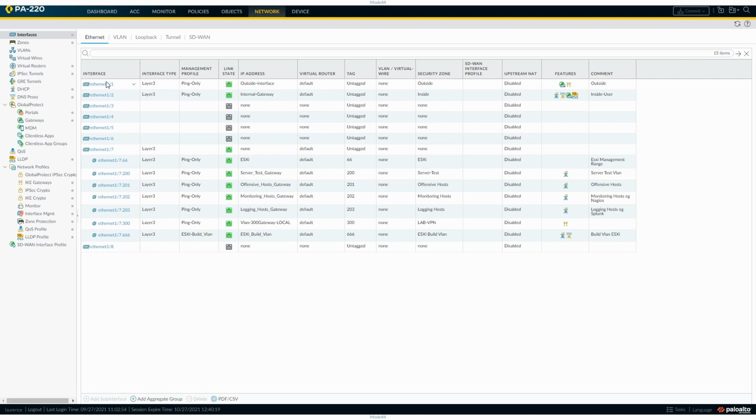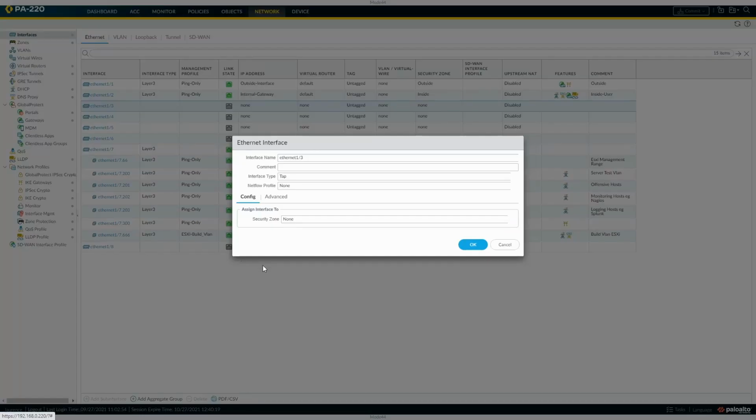interface and how you configure an interface. So you come in here, and obviously, depending on the version of firewall that you've got, that will depend how many interfaces you have here. So if we click into one that isn't configured, okay, so we've got the interface name there. You can add a comment to it, so you would add it as